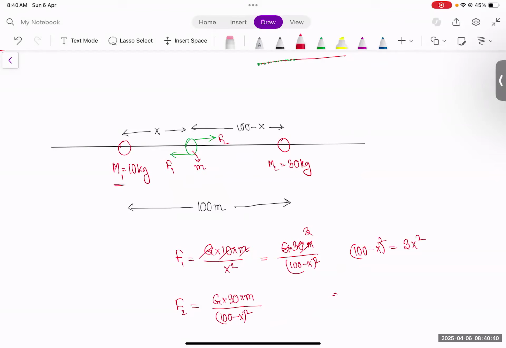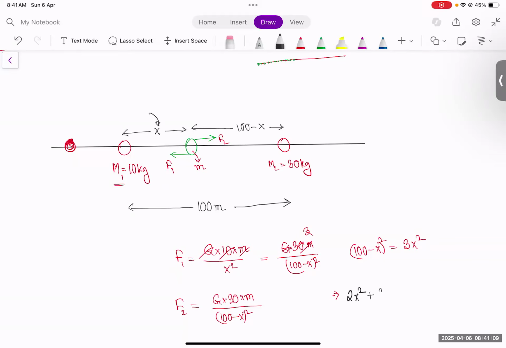If you expand this, you'll get 2 solutions for x, but you only take the positive one because the negative one will give you a solution where the force values are equal, but the directions won't be different. Directions will be the same, so the forces will add up. So we only take the positive value since it makes sense in this case. If you just expand this, you will get something like this. You'll get 2x squared